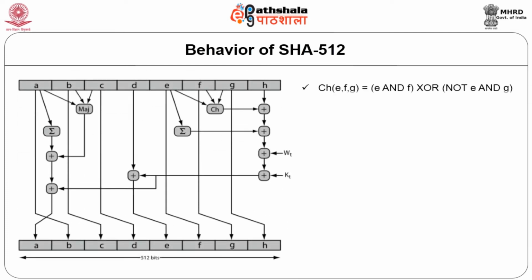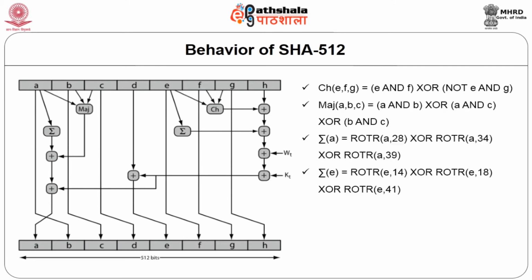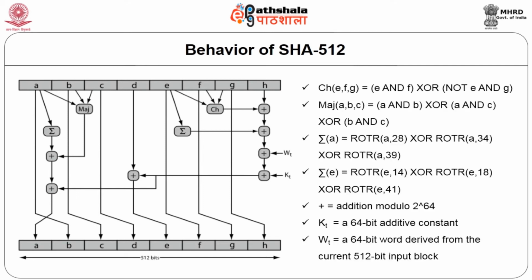For you, I have kept another figure showing how these buffers are manipulated to generate the new output. For that we are going to check what processing is being done on these constants. It says that you have an input, it goes through a vigorous mathematical process, and we are generating the new A, B, C, D, E, F, G, H registers. Each round is defined by equations.